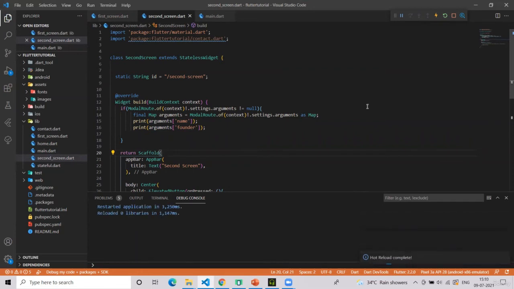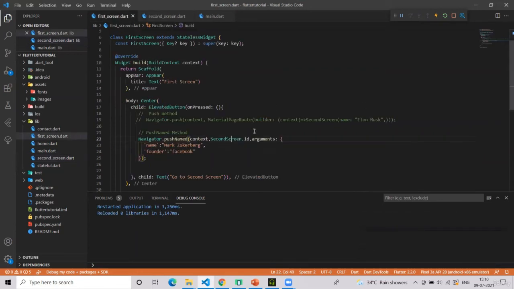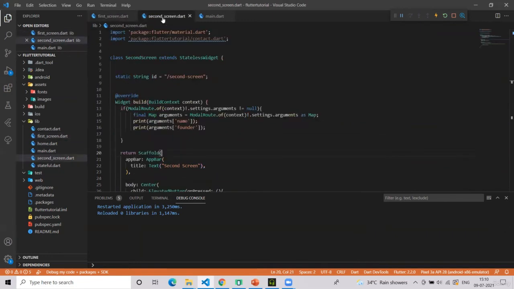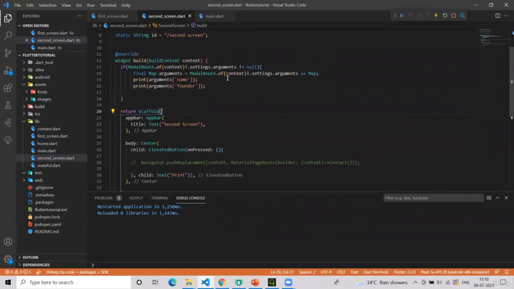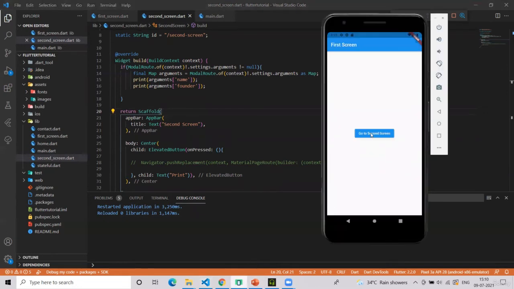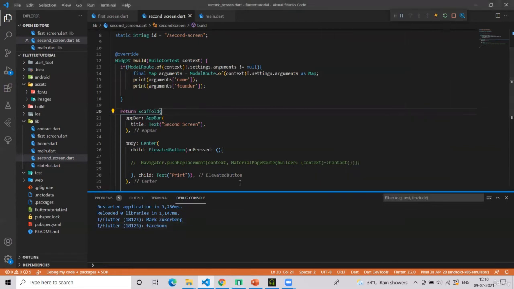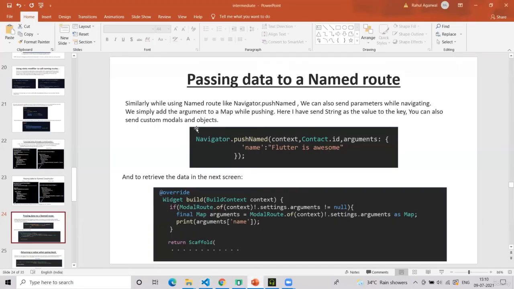Let's check again. Now from first screen, name and founder, are we able to print it? As soon as we go to the second screen, go to second screen and see Mark Zuckerberg and Facebook. So this is the way of passing data to a named route.